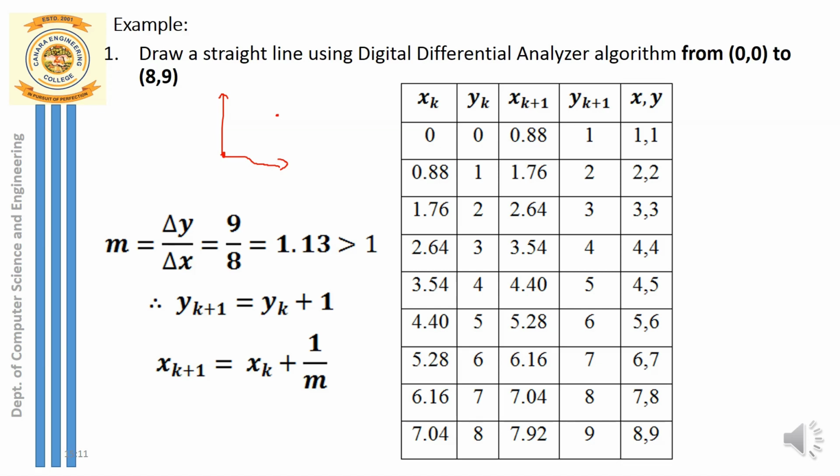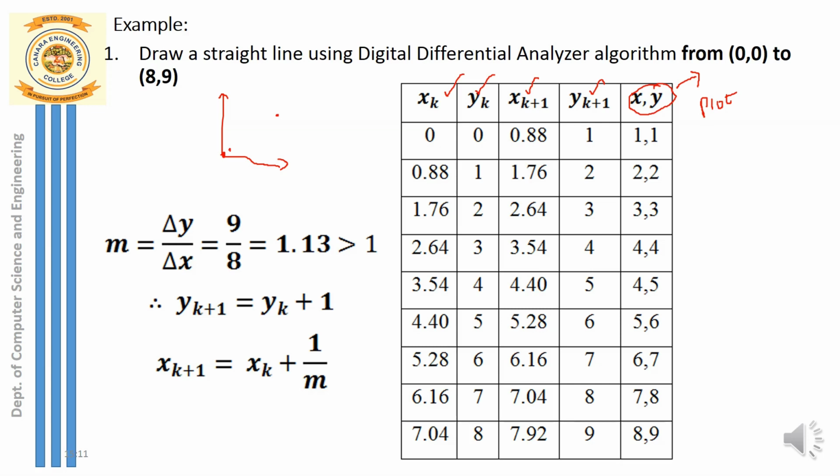So now we can start with the table. You can see a few parameters here. Let us start with the first column, the first parameter, that is xk, next is yk, next is the increment to x, what would be the next increment to y, and the last column is nothing but the plotting point. So what is the meaning of plotting point? This is the final point which is ready for us to plot on the graph. It is the final plot point which we are going to use in order to generate the line segment.